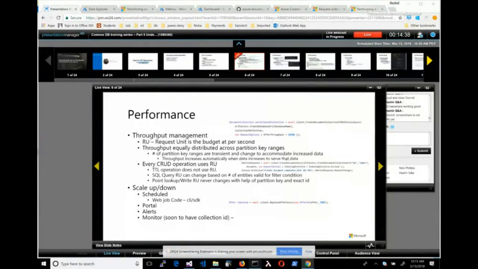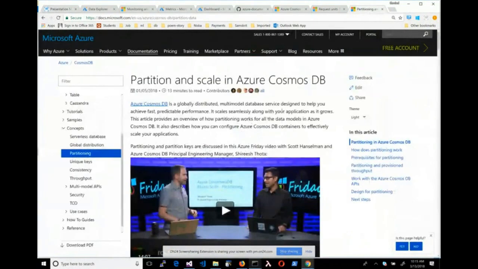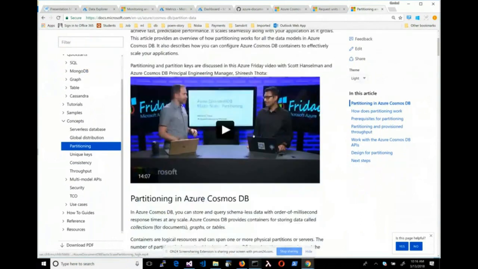Okay, I think I will just repeat the two pieces here. One is that there was a partitioning, which I rushed through when I was trying to say it earlier. So the partitioning information is available at this particular link. You can just look up in your favorite search engine, just say Cosmos DB partition, and you should be able to hit this link pretty much in the first two, right? Because that's the key part that you need to spend time on